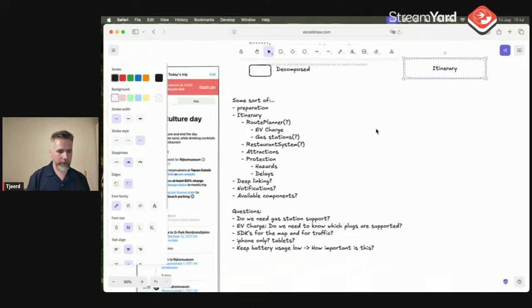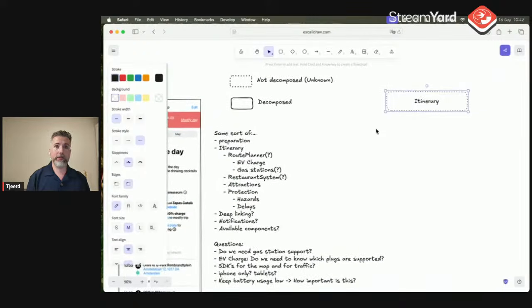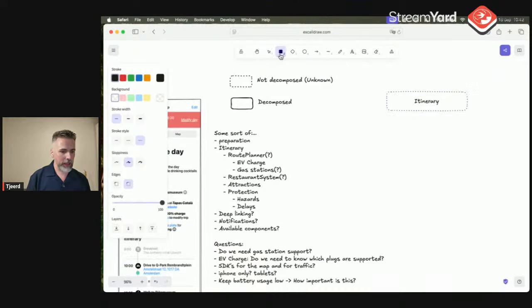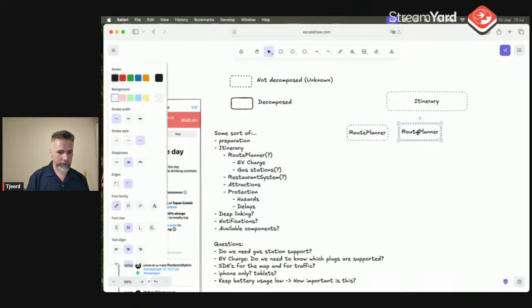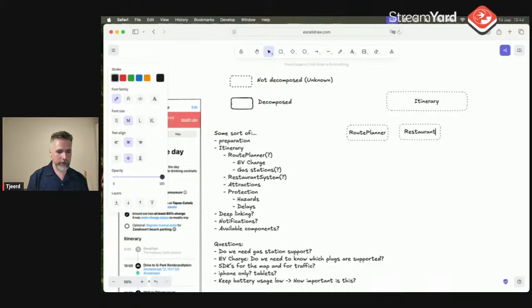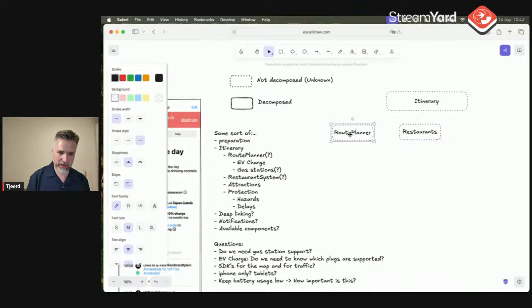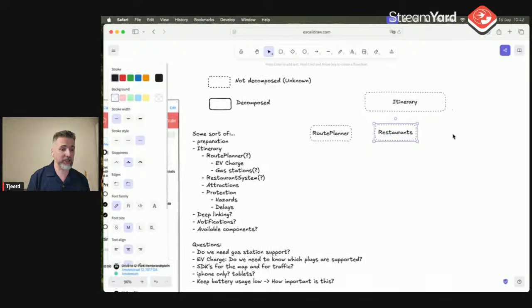I have some idea what's in there, but I can decompose it. So I can say the itinerary consists of a route planner of some sort, some sort of restaurants system. I'm not really sure yet of the name, but that's fine because I'm not setting it in stone. I'm sketching out the names.